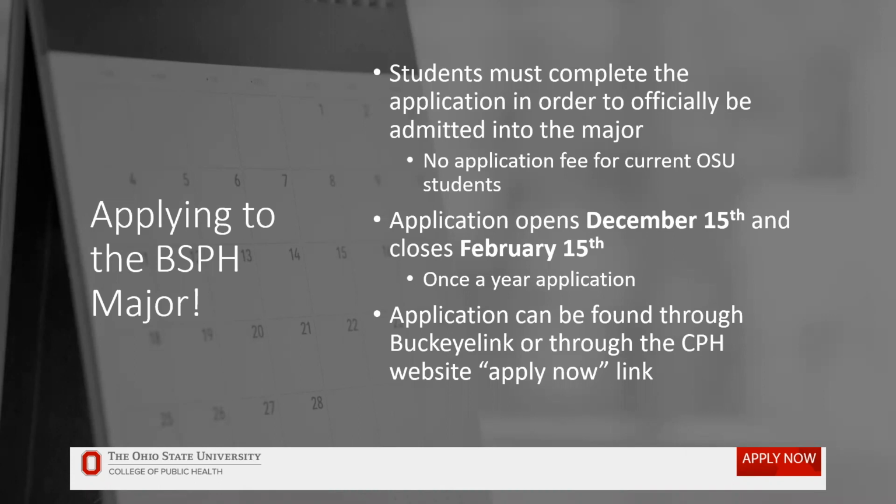I do want to make a note though, I'm not 100% sure if we have any non-Ohio State students or current Ohio State students in our session tonight, but know that there are 2 separate applications for current Ohio State students and non-Ohio State students. I do want to note though that it's not a different application. We're not judging you any differently, but the reason for the separate application is for our current Ohio State students. If you fill out that application, it should automatically populate current courses that you're taking that fit with our prerequisites for the program. So we want to make sure you apply that way, and we can also attach that to your current Ohio State ID.